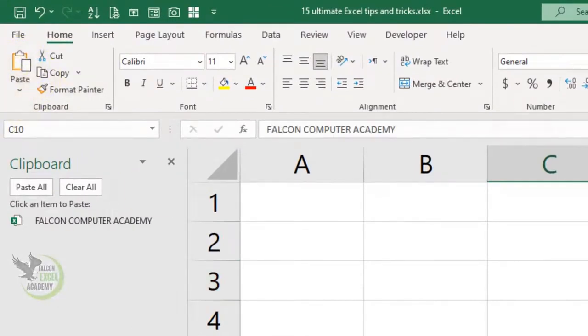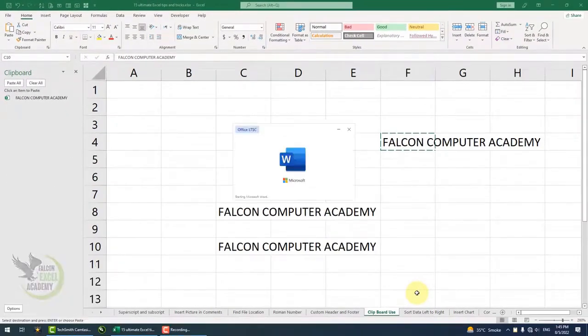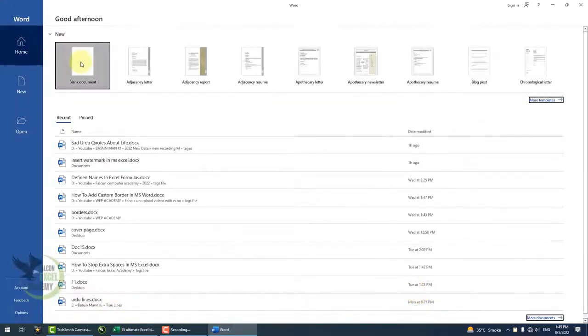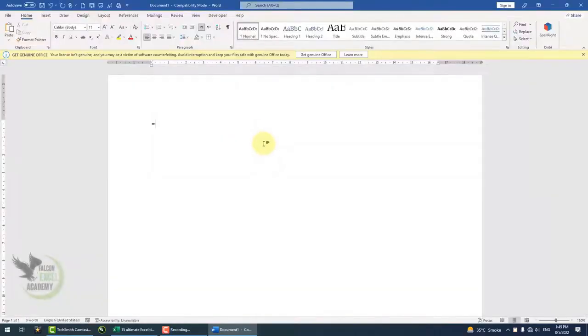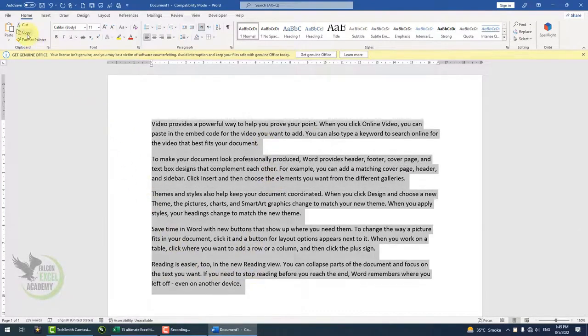Now inside Excel, if I copy some data from Word, let me open Word here. I pressed Windows plus R, typed Word, and pressed Enter. So Word opens up. Now I write any data here. For example, I type RAND and press Enter, and see, the paragraph has appeared for me. Now if I copy this paragraph as well,